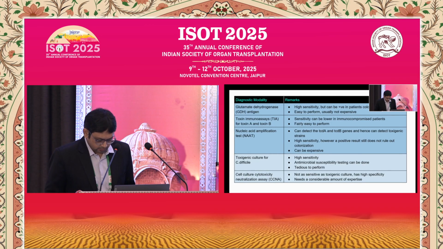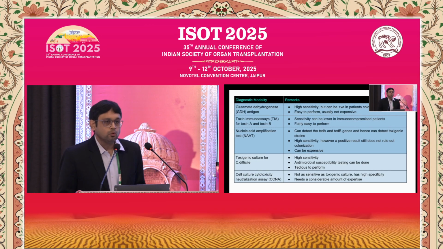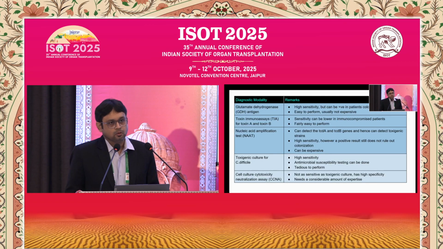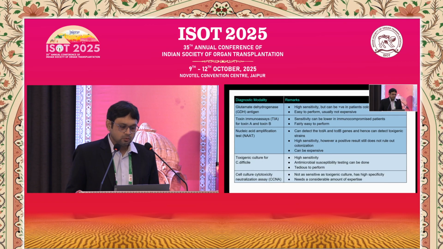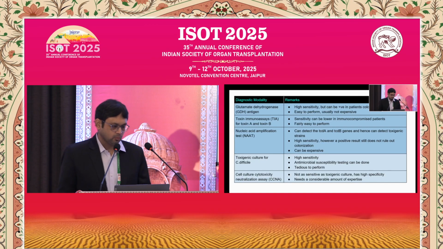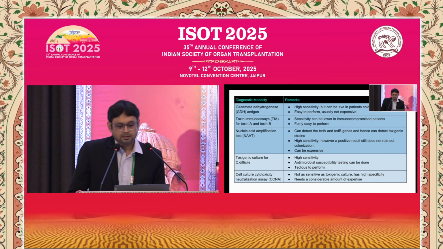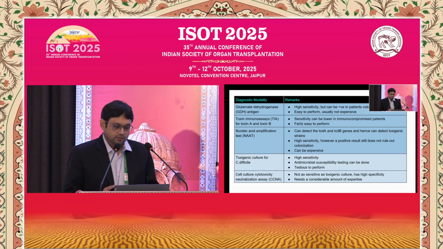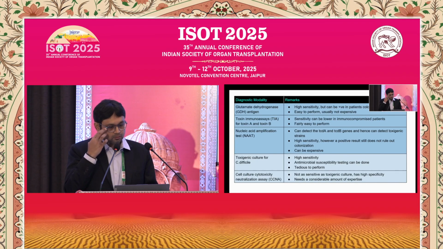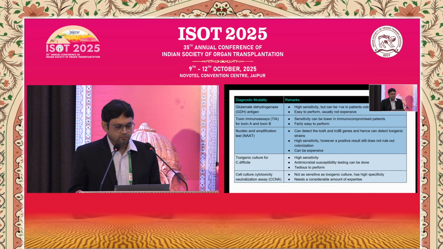Now, there are several ways in which we can diagnose C. diff. Most labs will use a two-step algorithm. So in the first step, they'll either do a GDH antigen. Some labs may want to start with a PCR test, but more commonly the labs will do a GDH antigen in the first step. Now the GDH antigen is sensitive, but GDH positive does not mean infection. It could be just colonization with C. diff. Whereas the toxin assays are less sensitive, but if the toxin is being produced, then definitely you are more worried about this being an actual C. difficile diarrhea.